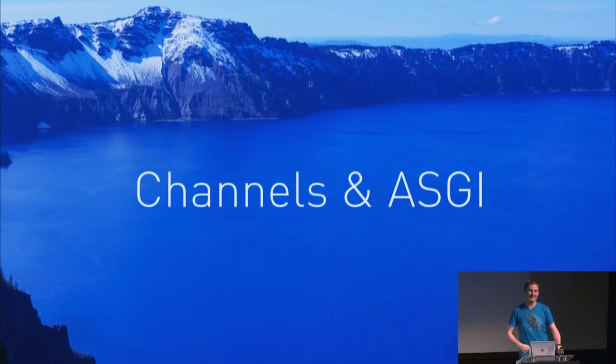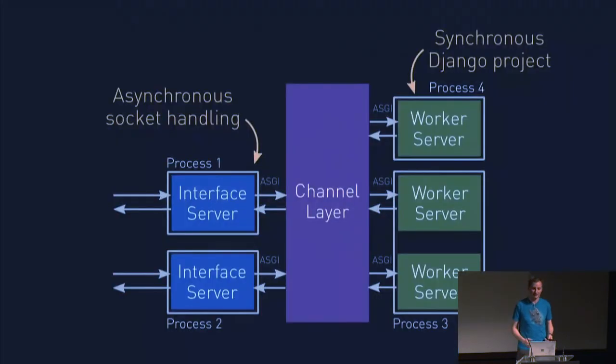So, as I was saying, channels is part of a bigger set of projects. Channels is the name of a big set of projects inside Django. So the thing that you think of as a channel is actually 4 or 5 different things. And this is a slide from an earlier talk I gave last year. But basically, channels is the combination of a protocol server, which is a server written in Twisted or Async.io. It's fully asynchronous. It handles terminating HTTP or WebSockets for you.